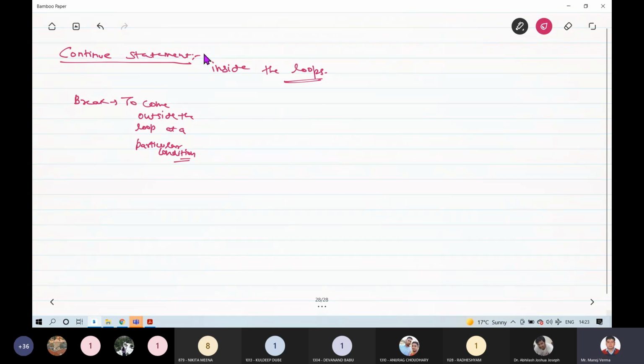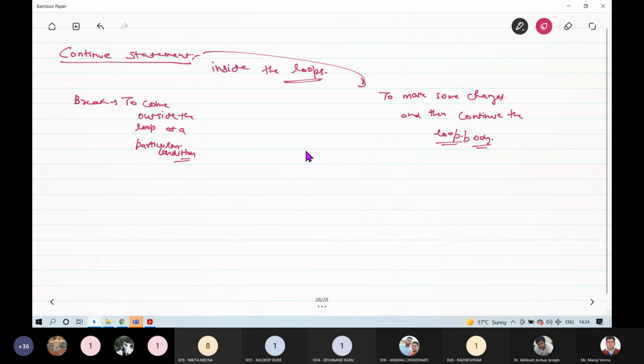While this continue statement is to make some changes, and then continue the loop body. Suppose you are using a for loop,